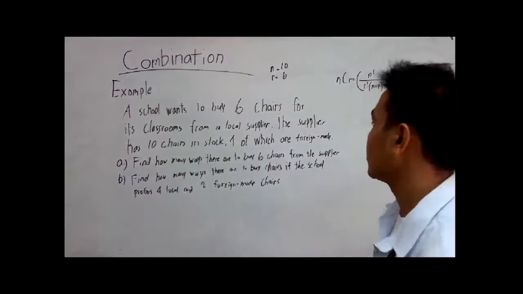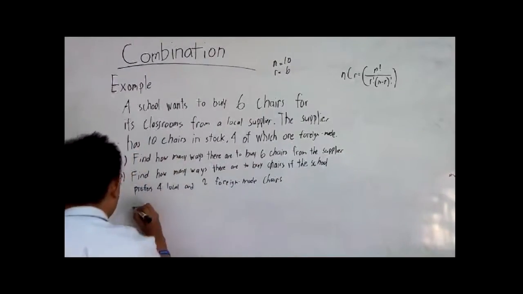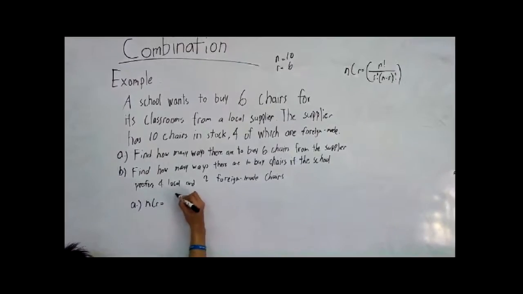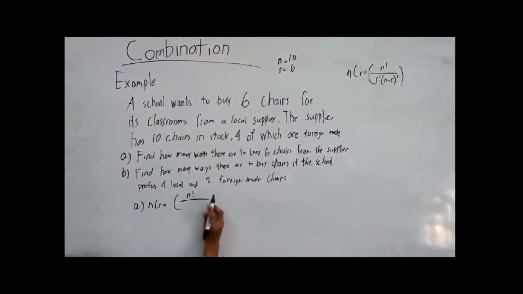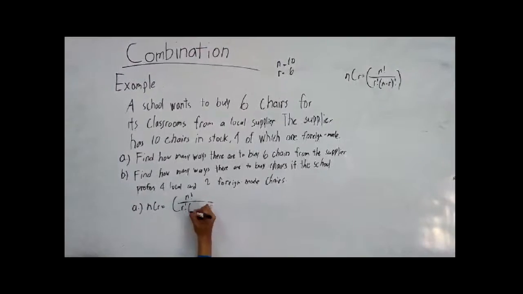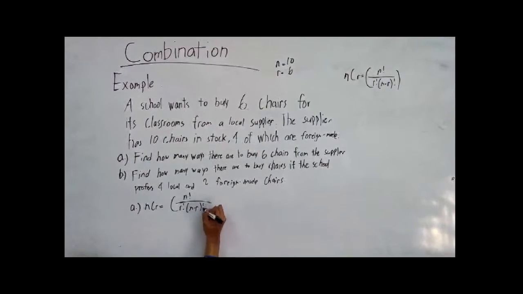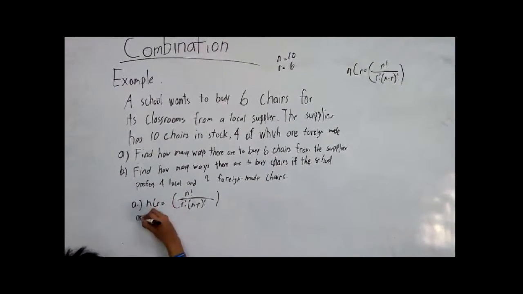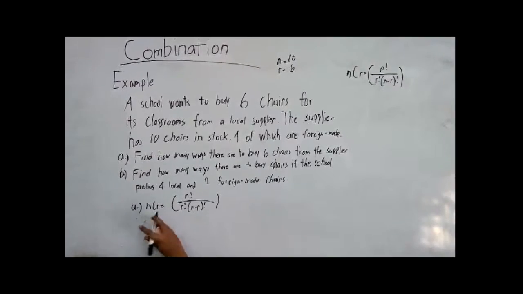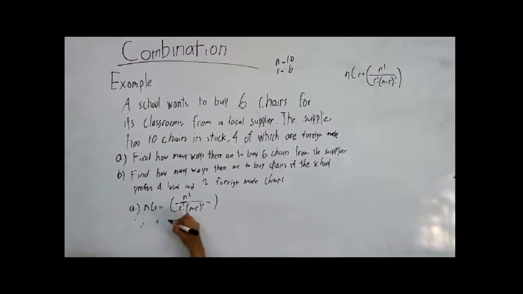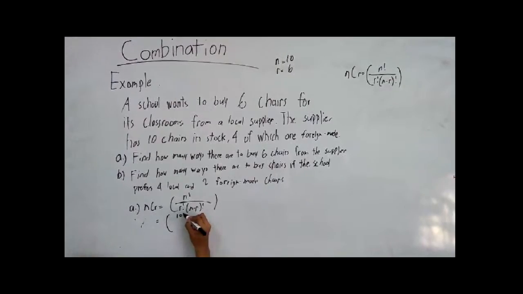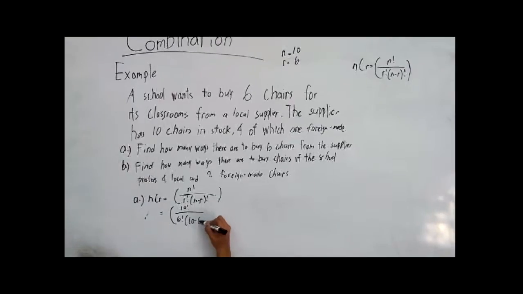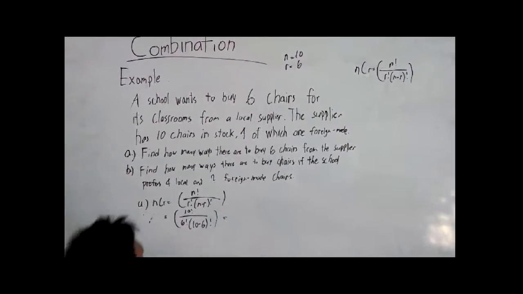Applying the formula for combination, we use n factorial all over r factorial quantity n minus r factorial. We substitute n and r: n factorial all over 6 factorial quantity 10 minus 6 factorial. We get